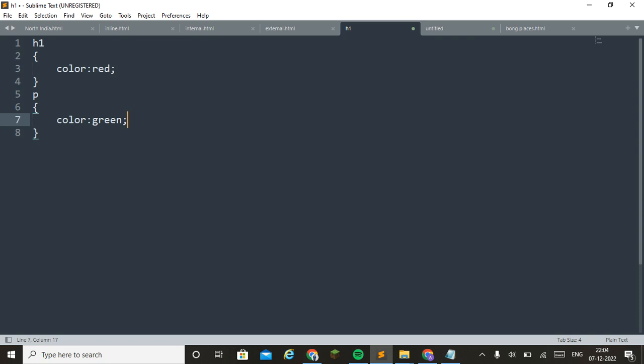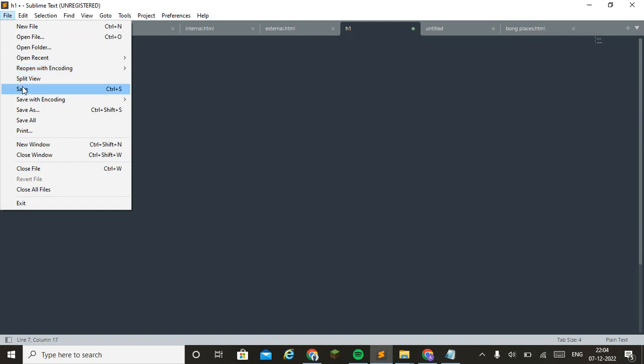That is our heading, that will be colored as red, and paragraph that will be colored as green. Just want to save it. File, save.